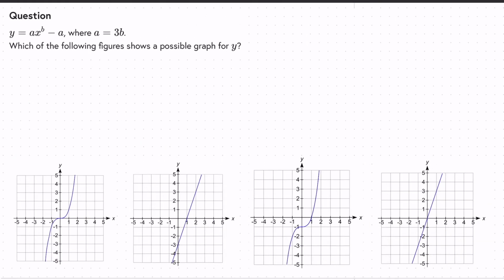Now in this next question, we're going to have to try and match the equation to the graphs down the bottom, or one of the graphs down the bottom. And we're going to firstly simplify, right, by changing a to 3b, and then use a little bit of substitution, knowing certain things about the graphs that we know to see whether they make sense. So firstly, what does it mean if a equals 3b? Well, that means that y is equal to